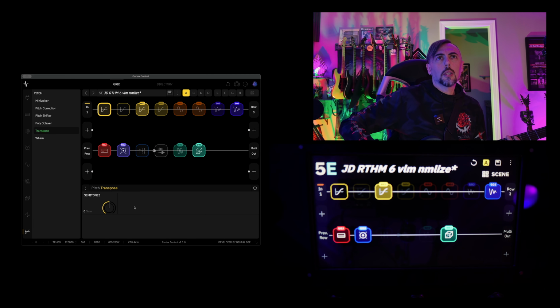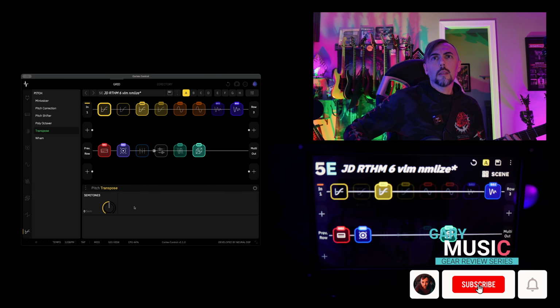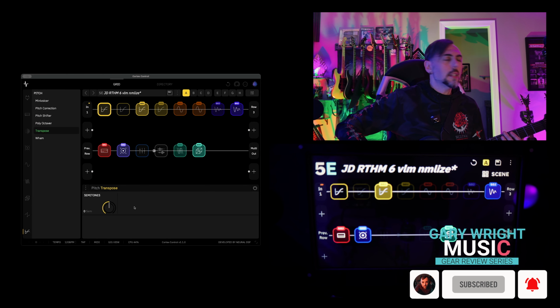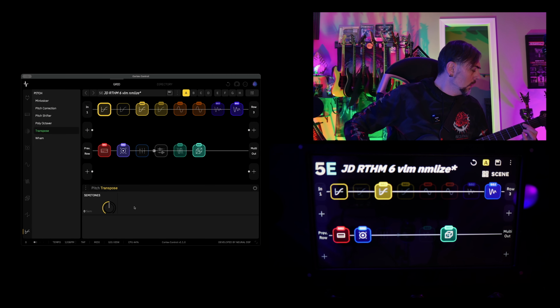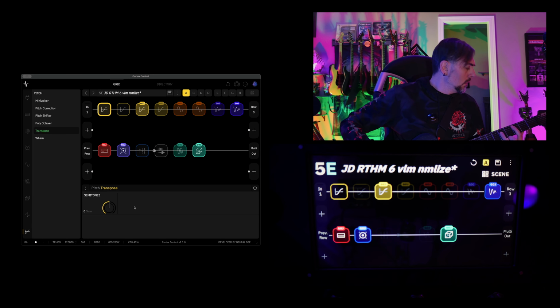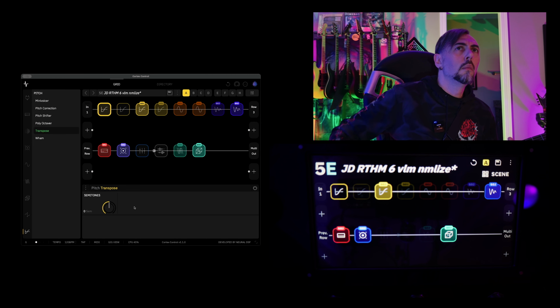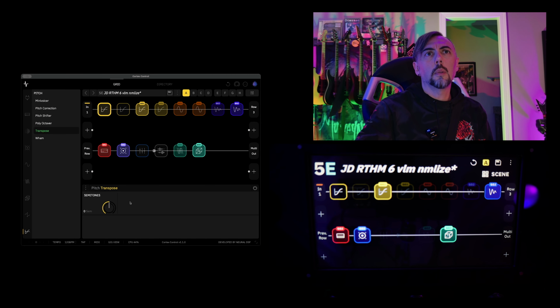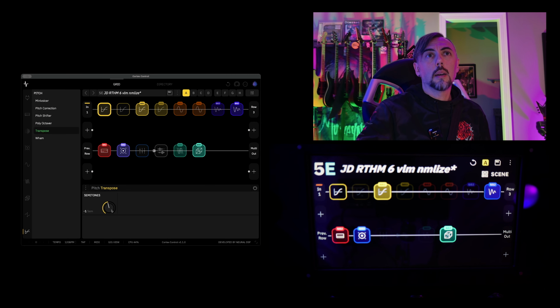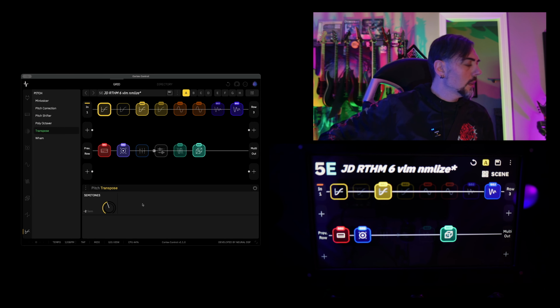Now, if I go ahead and just play normally, okay, you're not going to hear any difference whatsoever. My guitar is tuned to D standard at the moment. So we'll take that riff and we'll play it again. Only this time, I'm going to leave the transpose block enabled and I'm going to drop down 2 semitones, okay? And now go ahead and listen to what this is going to sound like.